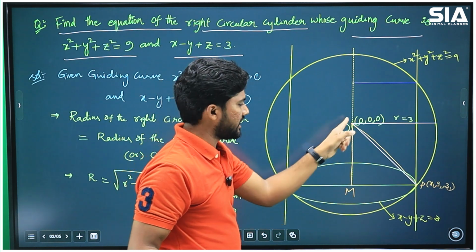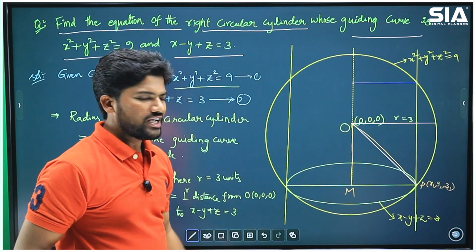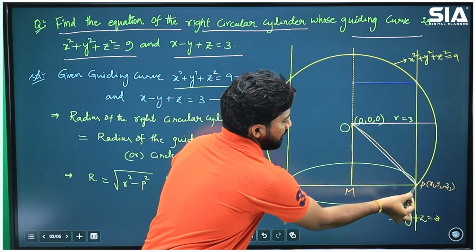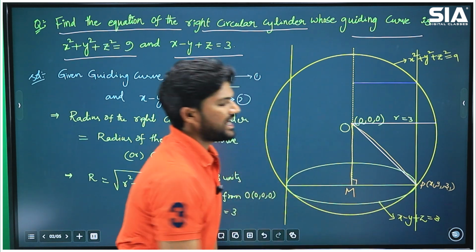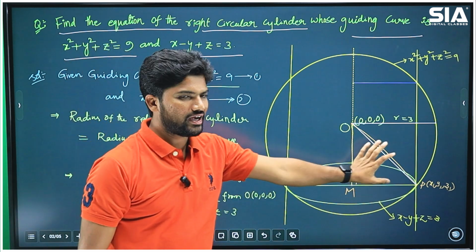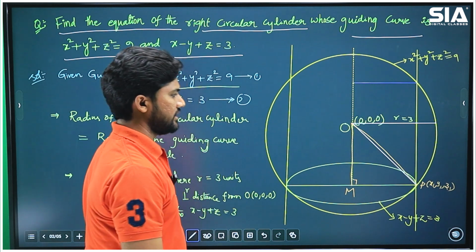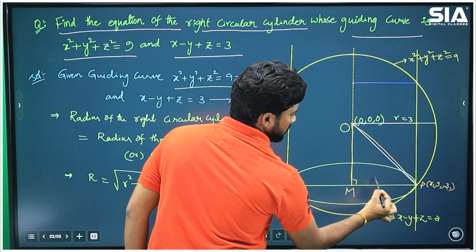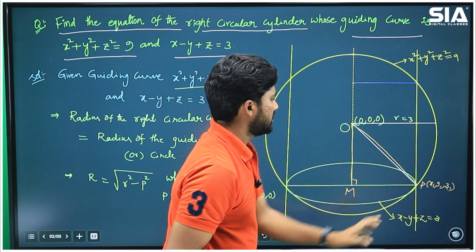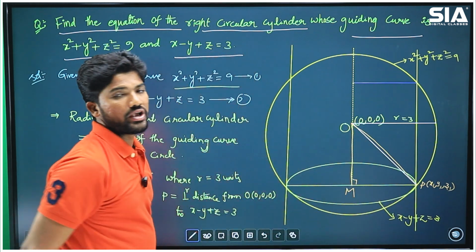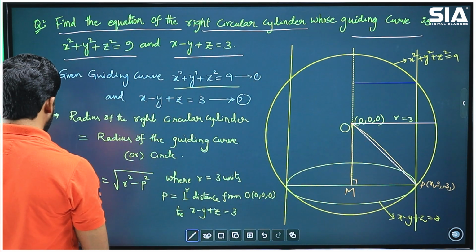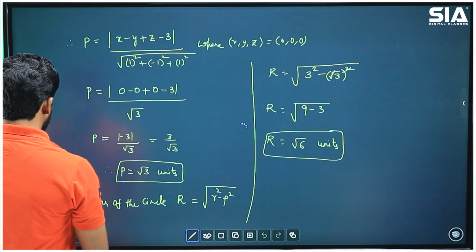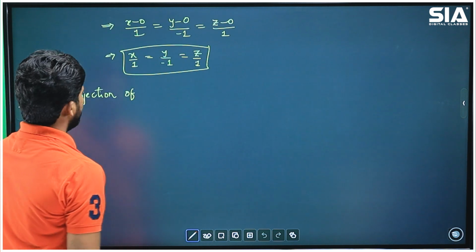Now we are going to derive the OM equation. Clearly you can observe OPM is a right angle triangle. So you know very well, after getting the right angle triangle equation, we already have this value, this value root 6, and this value. Now we have to derive the OM value. Before going to derive the OM value, first of all,